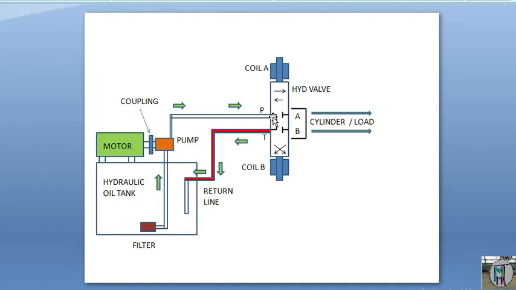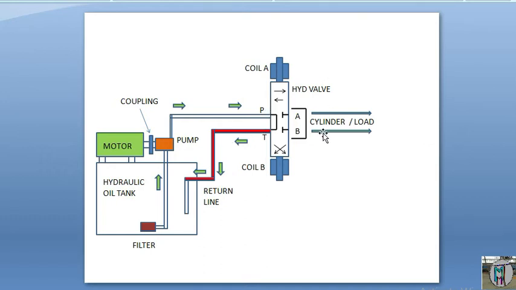You can see the P point. P point means that pressure will come. Suppose your system is not working, we don't want to use our pressure to move that cylinder. That time the valve will be closed, so P will go to T, and your oil will go to the tank itself.